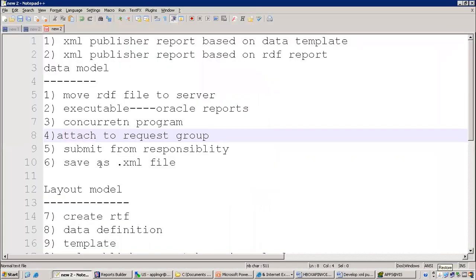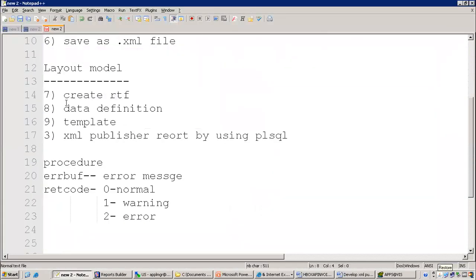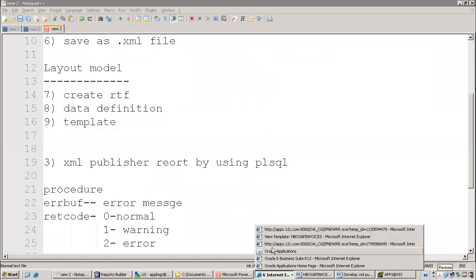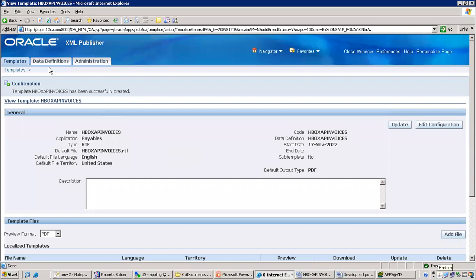By using a procedure method. I'm just keeping it like that for identification. Now, after finishing the .xml file, what will be your next step? These are all the 3 steps we have to follow. One is data definition, the other one is template. You go to data definition,